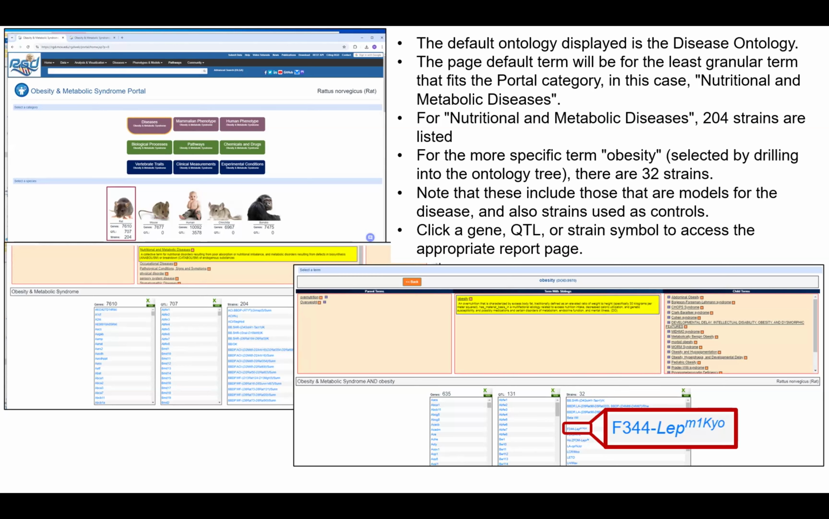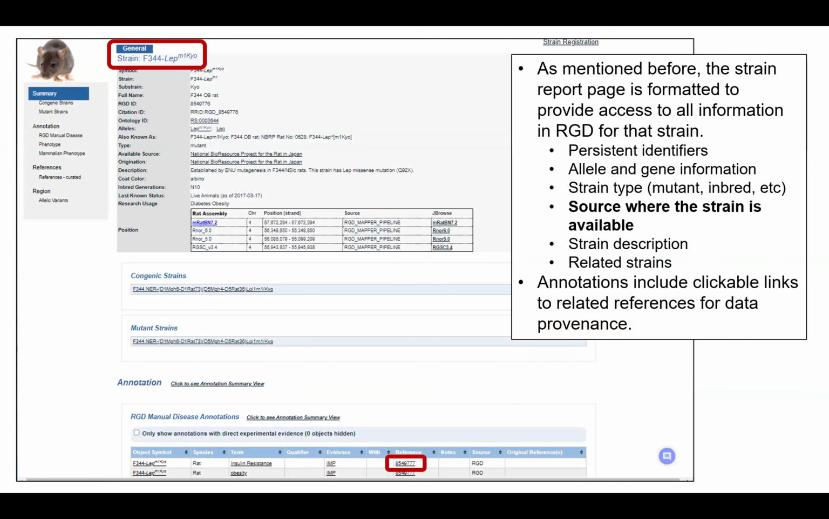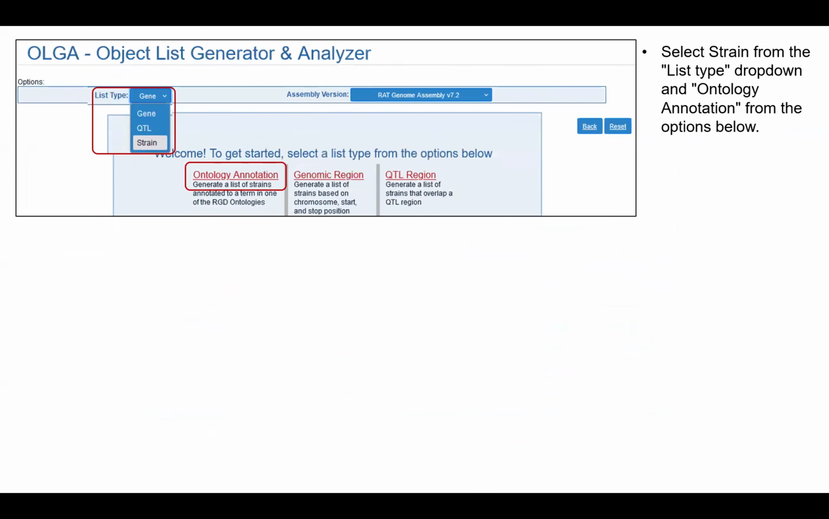You can click on a gene, QTL, or strain symbol to access the appropriate report page. So if I click on that F344 LEP M1 Kyoto strain, I go to the strain report page, and as mentioned before, the strain report page is formatted to provide access to all of the information. So I'm not going to go through what information is there, but I want to point out that one of the things that is on the strain page is,